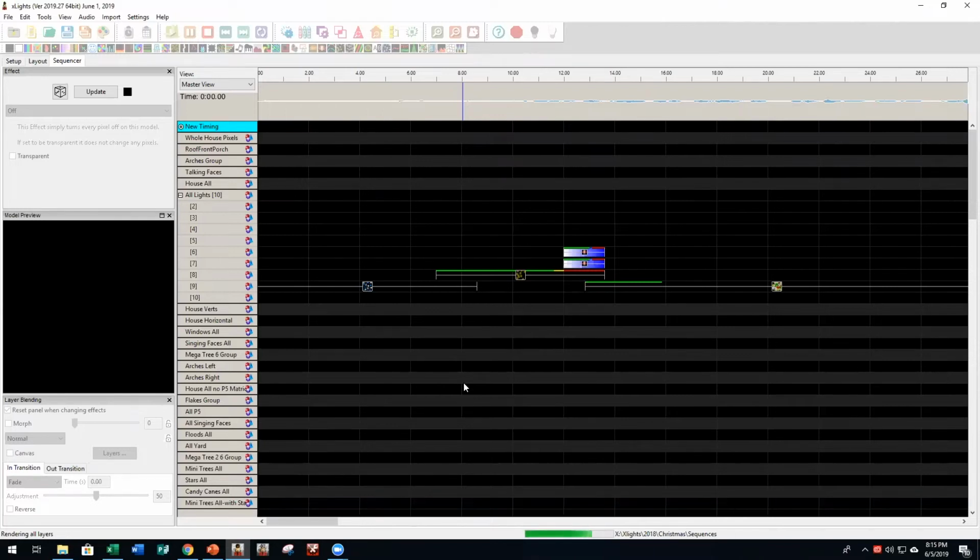But xLights treats a whole house effect, they treat your layout kind of as a matrix, and there's a center point. And if you buy a sequence from a vendor whose house may be off to one side or another, his 0 point on the XY axis or his 50% point might be off to the left. So if you put it onto your house, it's not going to be centered. So what I do is I pull my model preview up and I just start clicking on some of